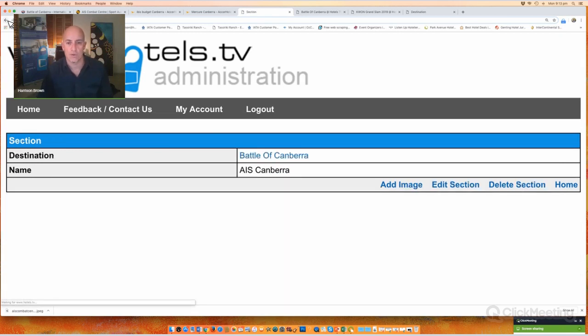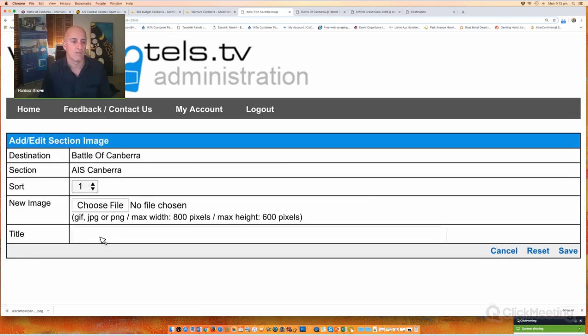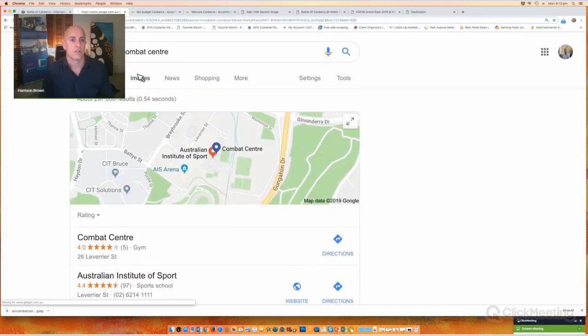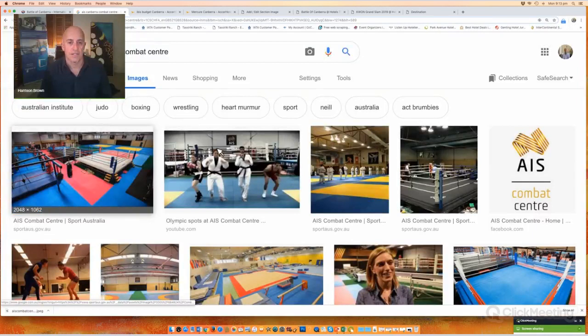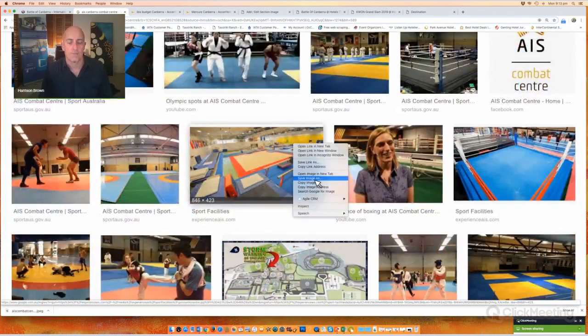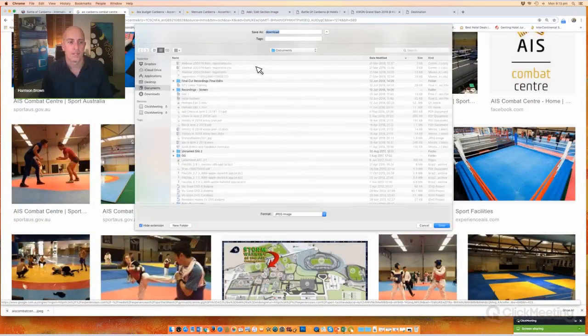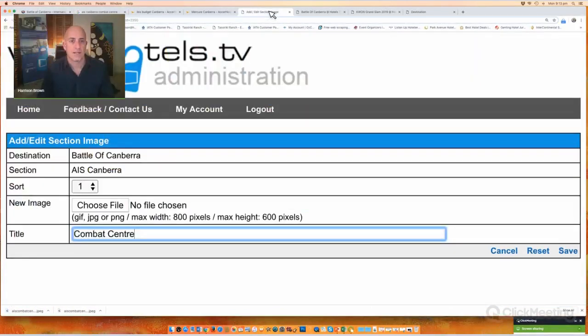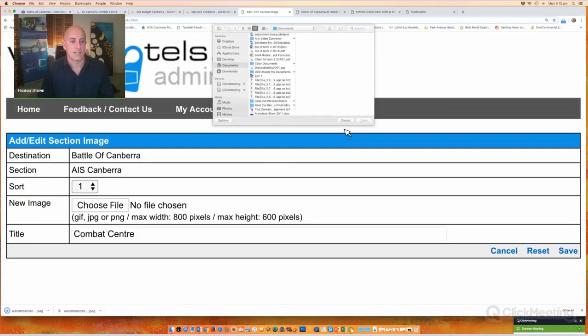You can add more images and edit sections and delete. So you can actually add another image as well and say Combat Center. Let's actually find another image so you can see the difference between the two. So all this doesn't take too long. Save image as, okay, Combat Center number 2. Save that, go back into the section